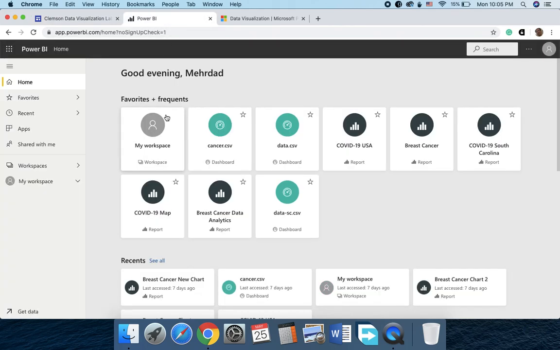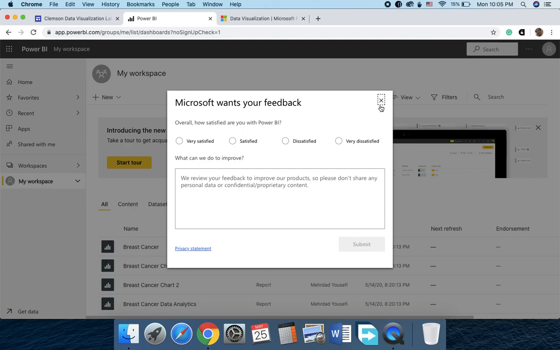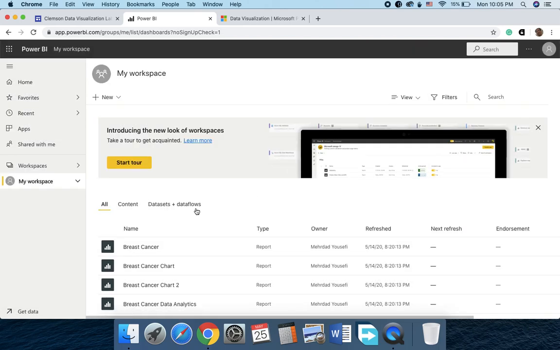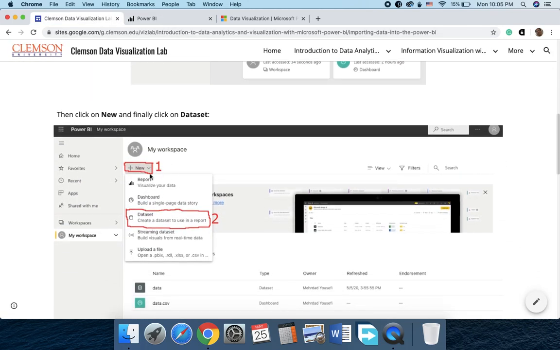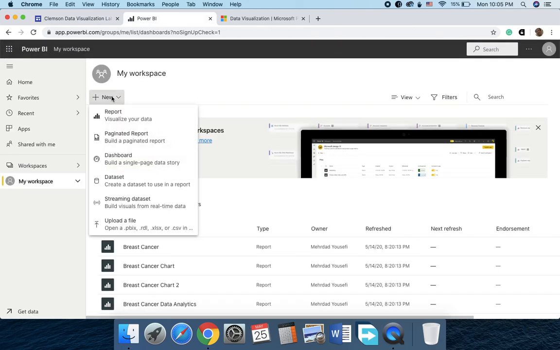We'll move on to the dashboard. That's the dashboard you saw when you logged in. Just click on the My Workspace here. And here you could just click on the new and then click on the data set in order to upload the data. So we'll click on new and we'll click on data set because we want to upload a new data set into our